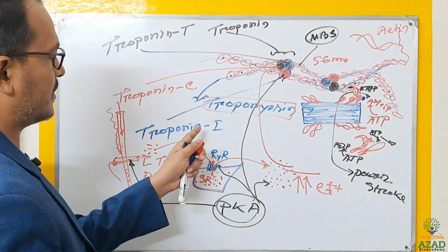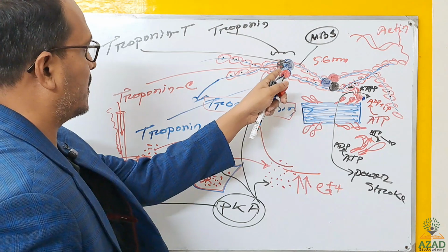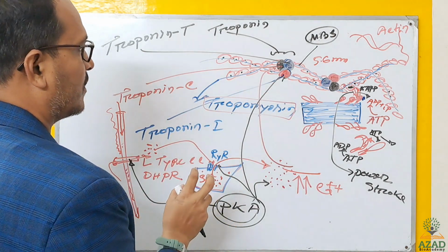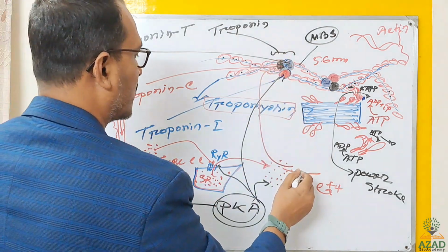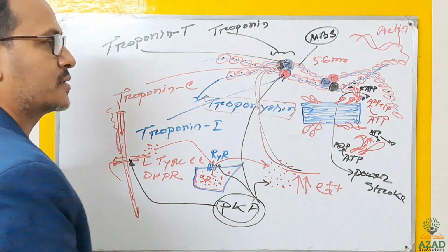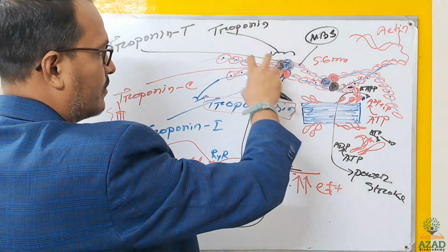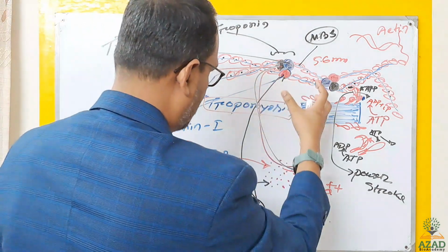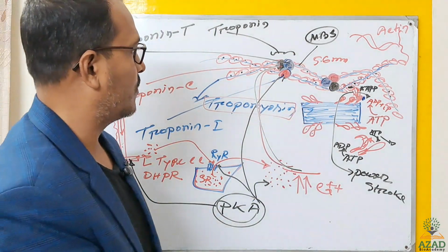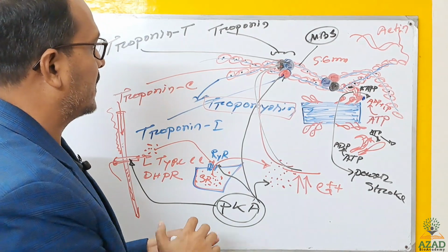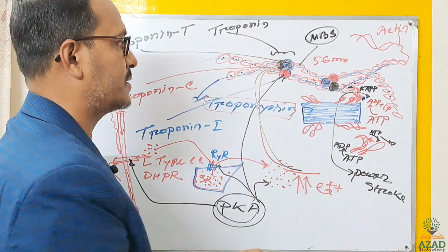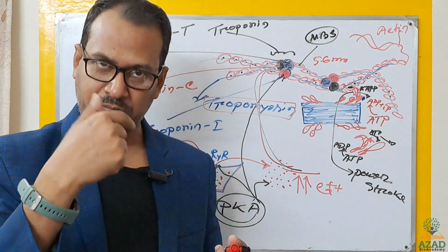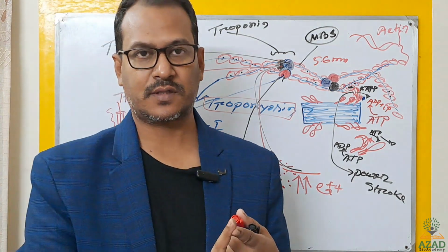Its inhibitory function will be suppressed, and then what will happen? It will facilitate more calcium binding with troponin C, and the event will be quicker and more precise. In a more appropriate way, the main theme is that actin is wrapped up, its binding site covered by the tropomyosin, and